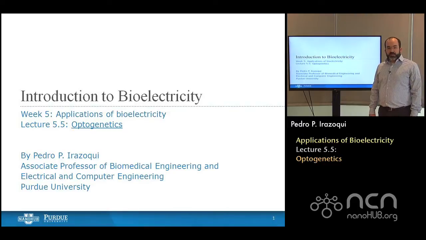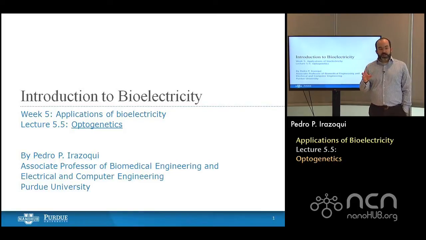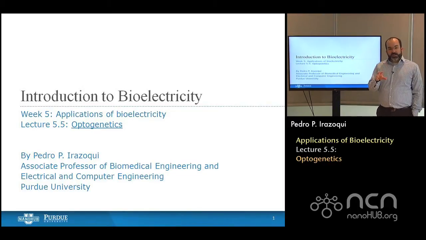Hello, and welcome back for our fifth and final lecture of NanoHub U's Introduction to Bioelectricity, week 5. In the preceding weeks, to recapitulate, we began with an introduction to the anatomy and physiology of the nervous system. We continued with an examination of the synapse, the neurotransmitters, and how they give rise to excitatory and inhibitory electrical signals called postsynaptic potentials, how those sum to give action potentials, how we model those action potentials in passive neurons with a cable model, and in active processes like an action potential, with a Hodgkin-Huxley model.